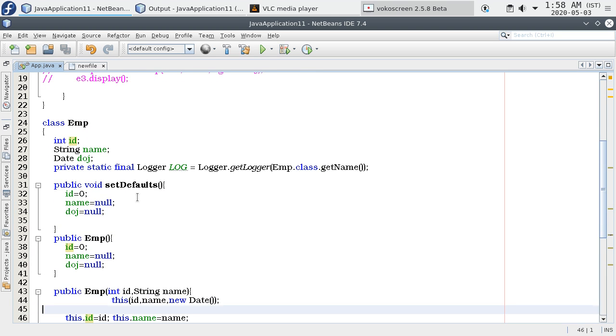Instead of constructors, can I use a method like this which initializes all these fields? Yes, you can do, but in that case we need to call this function every time you create an object, right? But in case of constructors, this will be called automatically. That's why constructors play a crucial role. Okay.